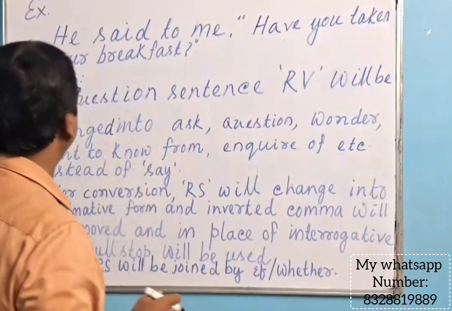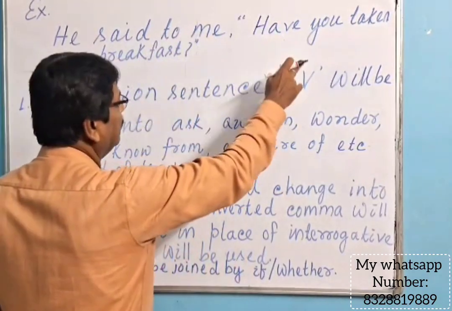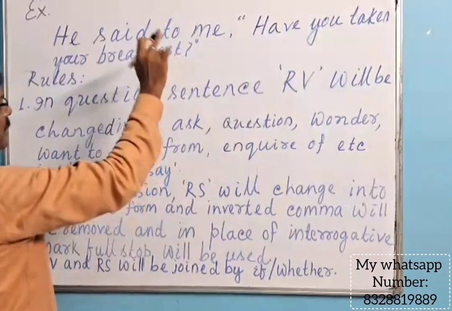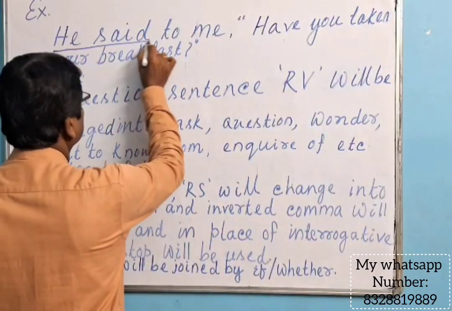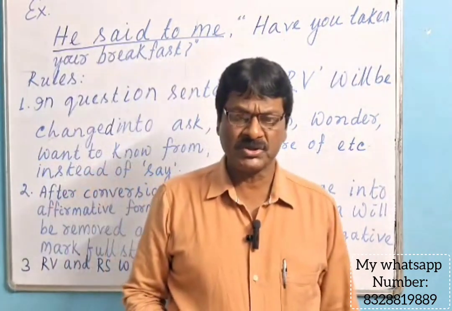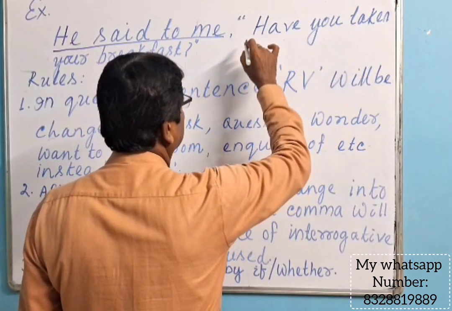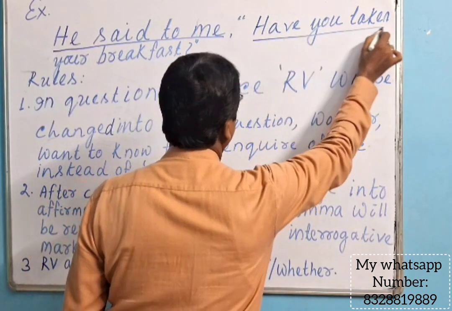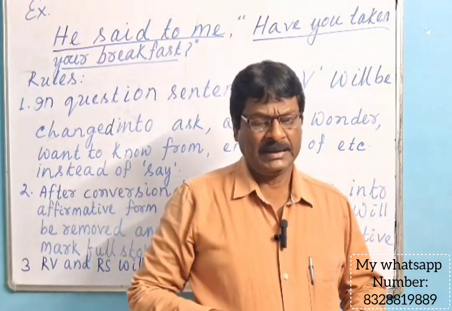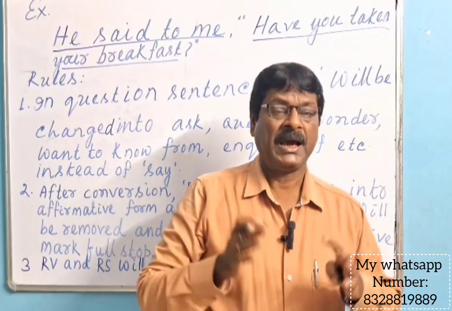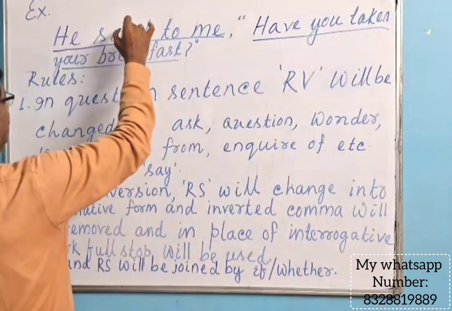I have taken an example for your better understanding. He said to me, "Have you taken your breakfast?" So this part, from this to this part, is the introductory clause, and this is RS, the sentence within inverted commas, from this to this. The sentence within inverted commas is an interrogative sentence. I mean a yes/no question sentence. And here